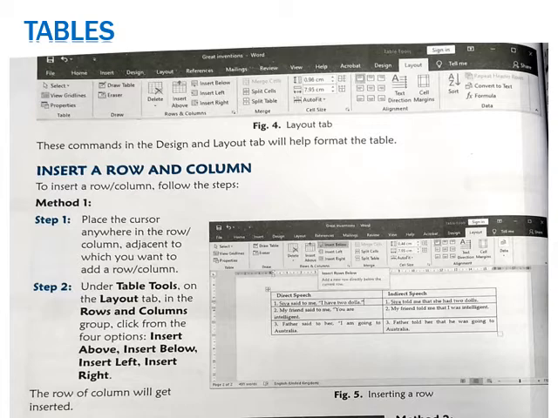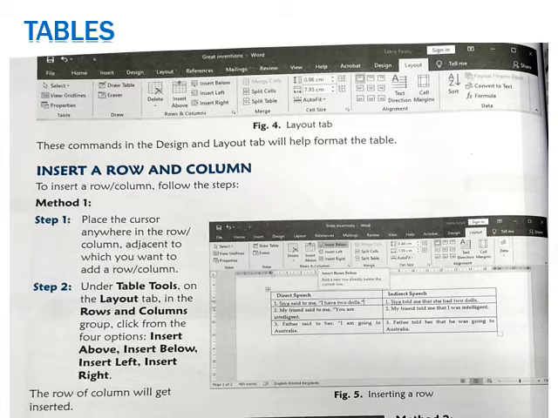That means maybe after serial number 2 you want to include the record of a new student. So in that case you would require to insert a row. Second thing, if I want you to include one more data of all students, let's say date of birth also for all students, in that case I would be requiring to insert a new column for the data. So now you just refer the contents that are given in the book. For inserting a row and a column, the steps are given over here.